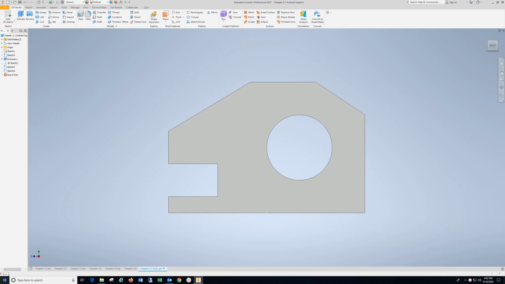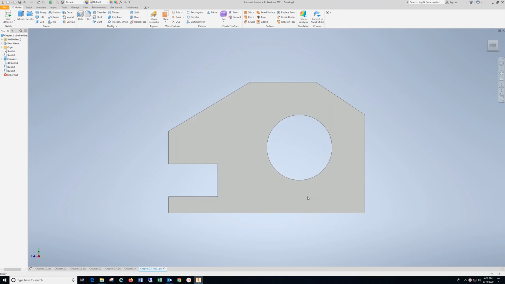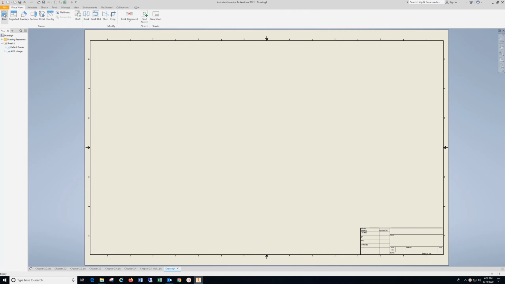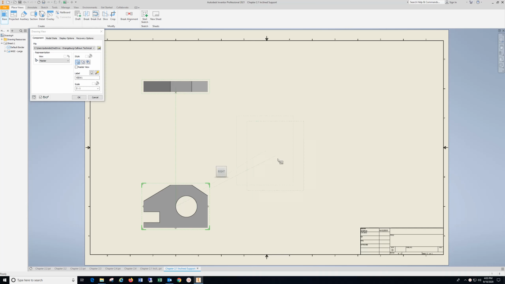Alright, after completing the incline support, chapter 2.1, go to File, New, we're in English inches, ANSI, IDW, Create. Go to Base View, and if it comes up with a cube like this, you can just maneuver this around as such, drop it in place,